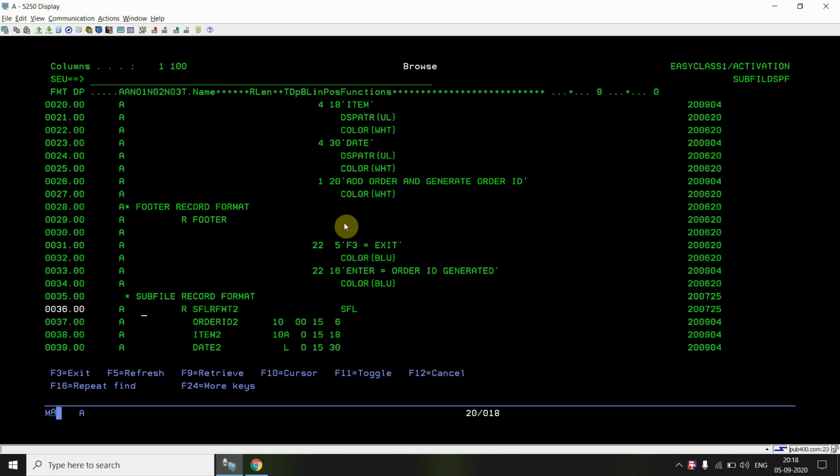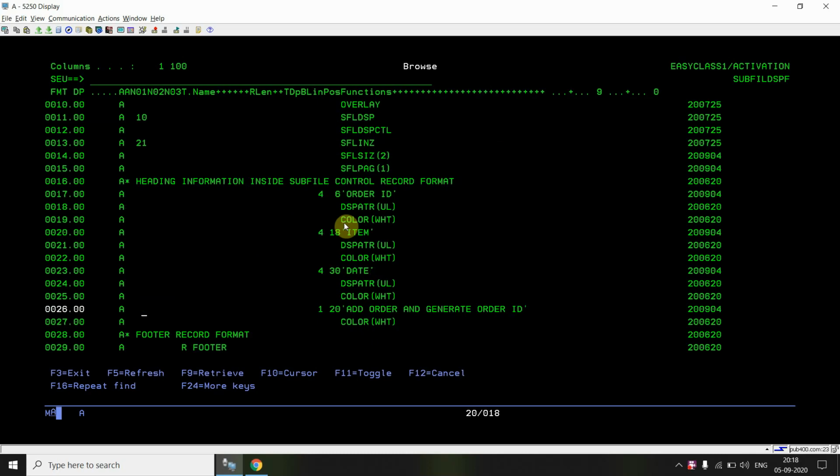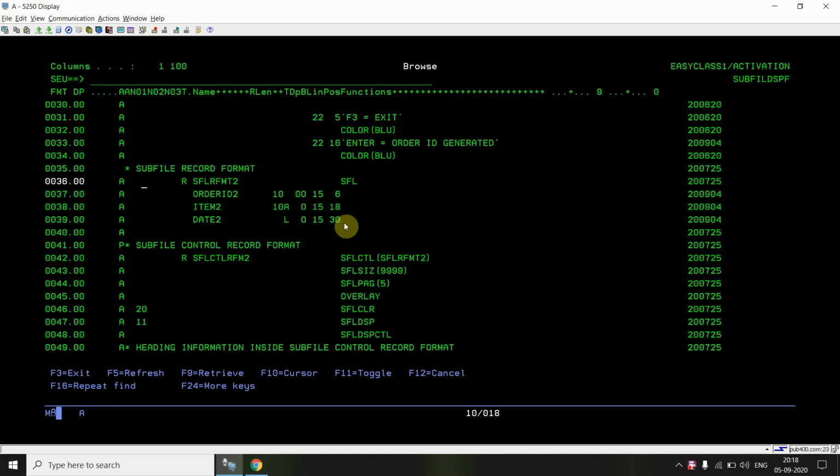With all these keywords, SFLDSP, SFLINZ, SFLCLR, an indicator is associated because they are optionally used. We will not be using them always. Based on some conditions we will be using them, that's why we set some indicator with them.